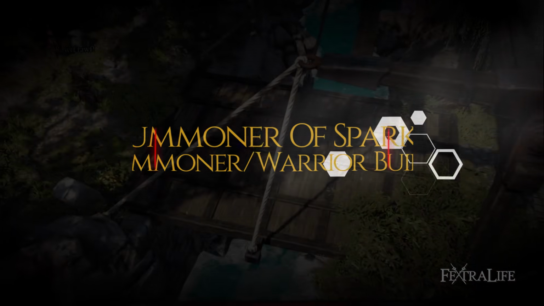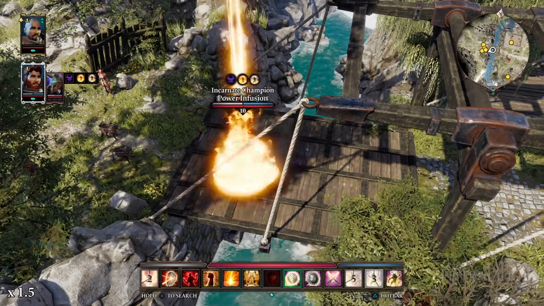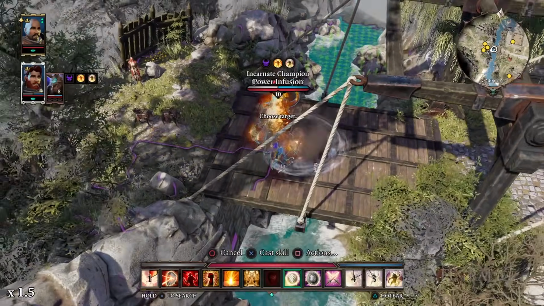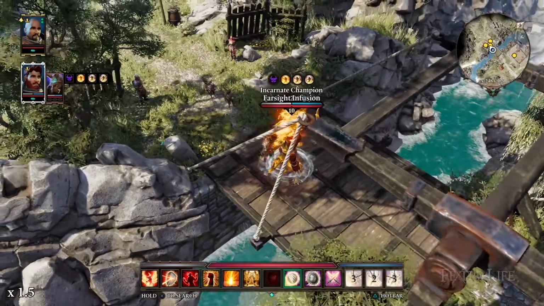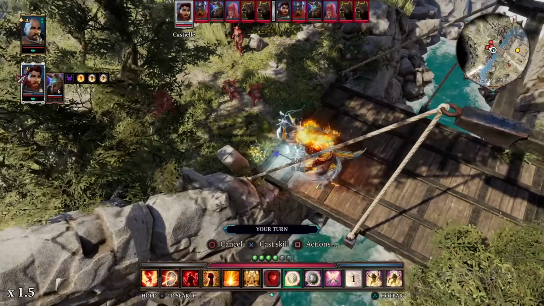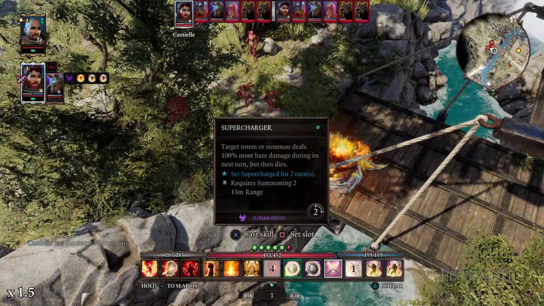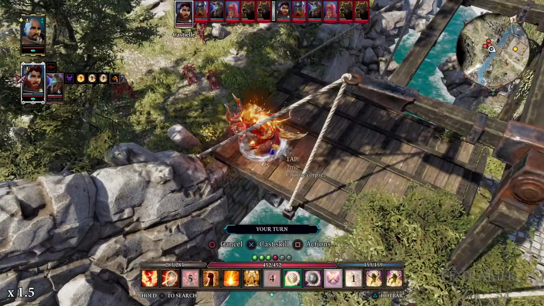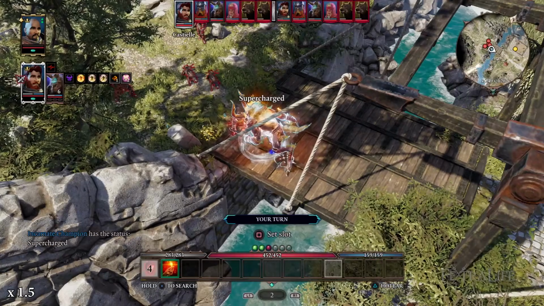works. The Summoner of Sparks uses a mix of summoning, warfare, and pyrokinetic skills in order to deal both fire and physical damage. The skill Master of Sparks has long been used by many players to buff their own personal damage with each swing. However, with the Summoner of Sparks, we take this a step further. By buffing an Incarnate and your own character, we get 2 times the fun. In addition, you can buff the Incarnate with Supercharger for 100% increased damage, which is something you cannot do to